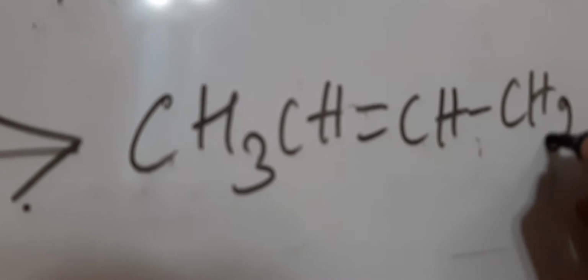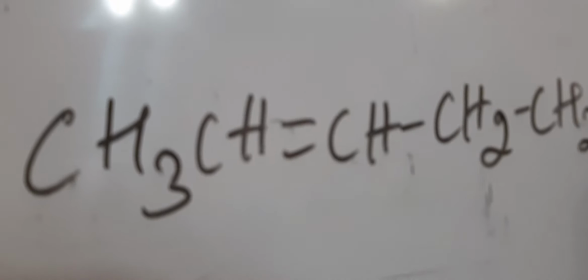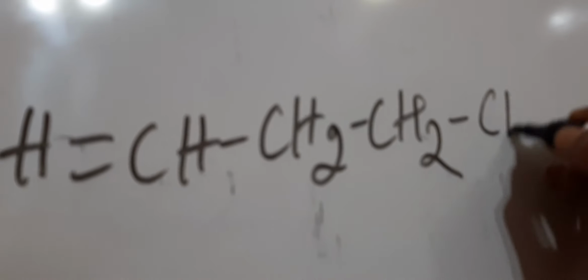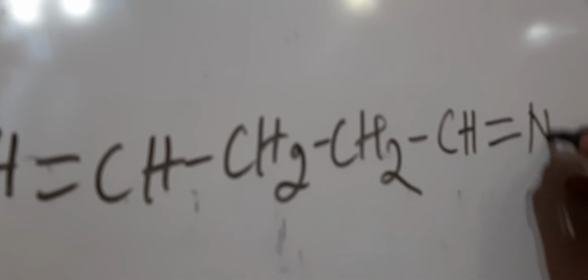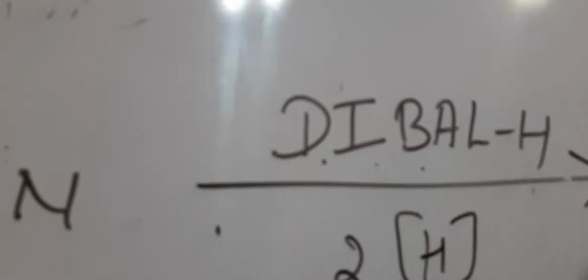Other reducing processes, if you do them, the double bond will be reduced actually. So the cyanide is first converted to the imine, and this is followed by hydrolysis. Either you can put H plus and then water, or H3O plus. So what happens? CH3 CH double bond O. When you do the selective reduction process, what do you need to do? You have to use this reagent, diisobutyl aluminium hydride.